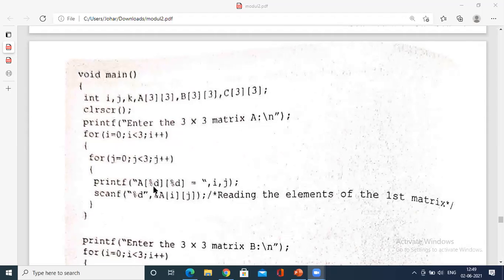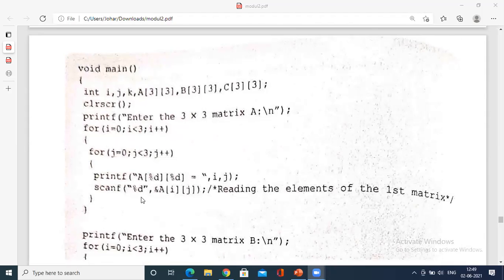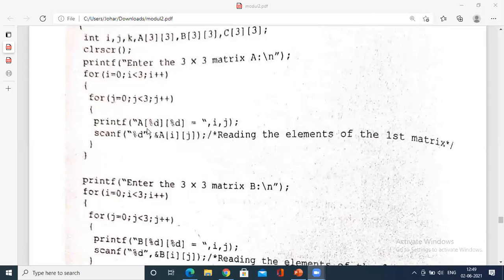Next, to enter the elements, display A of 0, 0, percentage d. Then scanf, you have to enter from the keyboard. The percentage d element, you will write to the memory of A of 0, 0, to the memory of A of 0, 1, and so on.